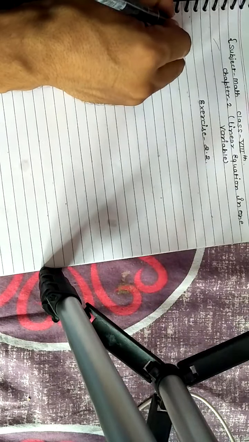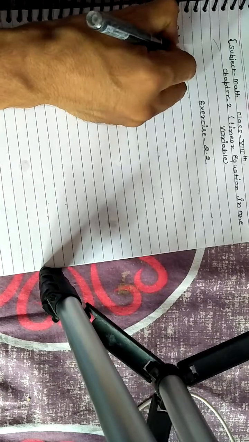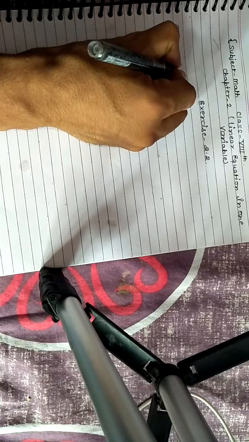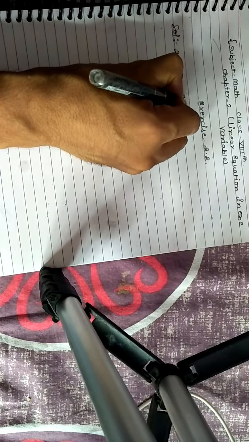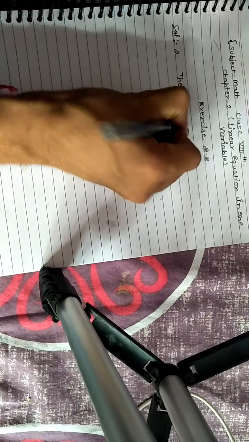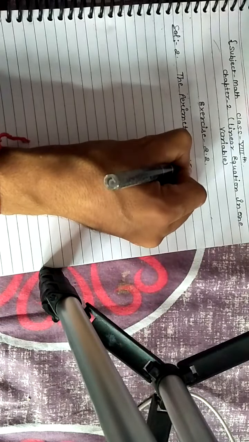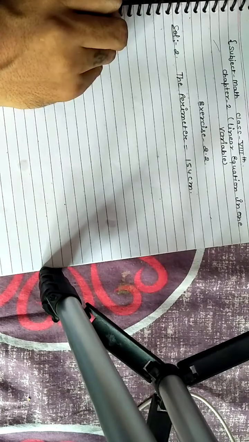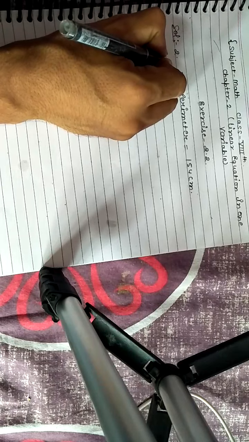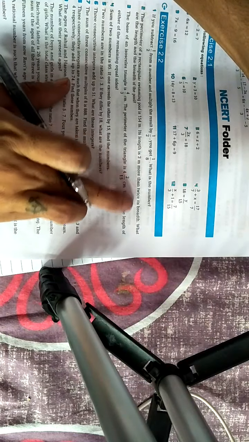So here, the solution of question number 2: the perimeter is 154 given here, and the condition given is that its length is 2 more than twice its breadth. It means if its breadth is 10 meter or 10 centimeter, then its length will be double plus 2 more, meaning double of 10 is 20 and 2 more than that is 22.